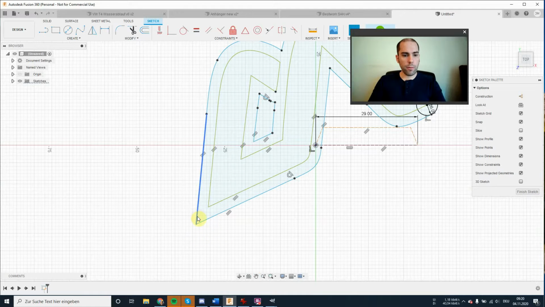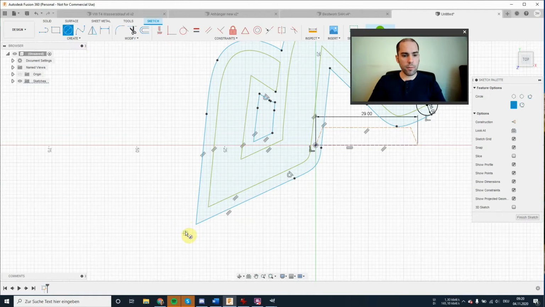We're going to put it about here, and we start by creating a circle 12 millimeters in diameter for the outer part of the plastic shell and an inner diameter of 6 millimeters for the hole.